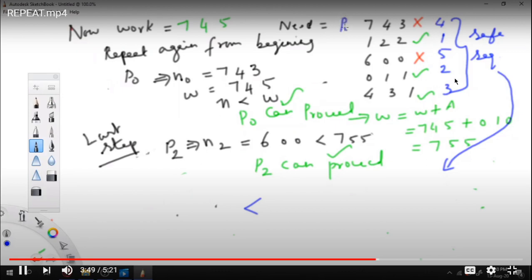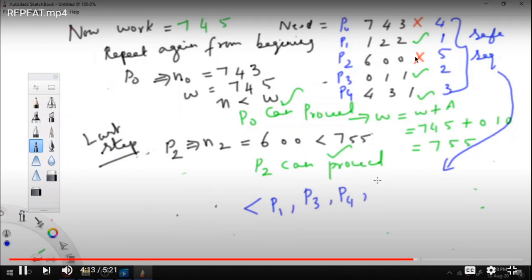So by this numbering I can write the safe sequence. What is the safe sequence? P1 is done first, so copy P1 here. Next, P3 is done second, so copy P3 here. Then third we are able to do P4, so copy it here.